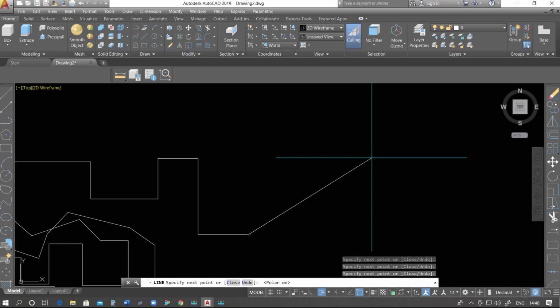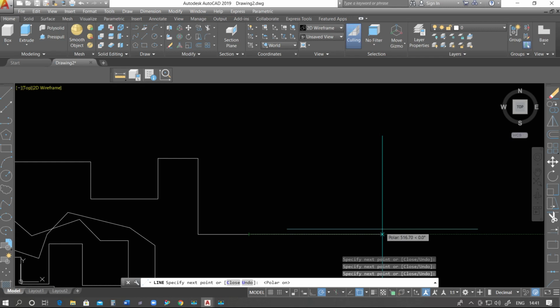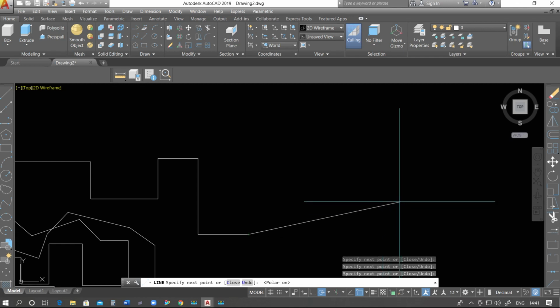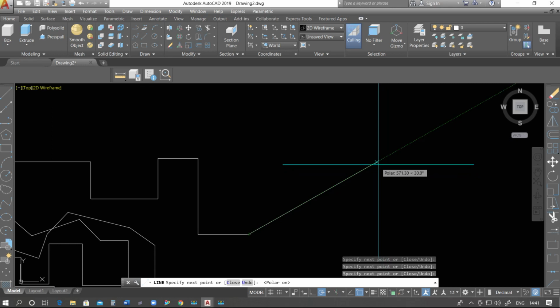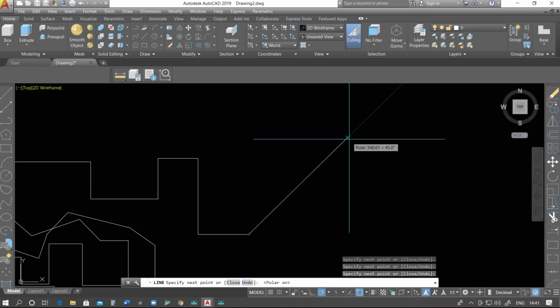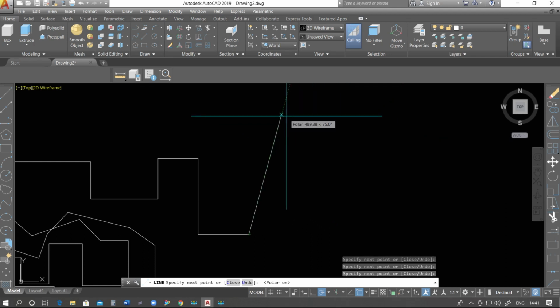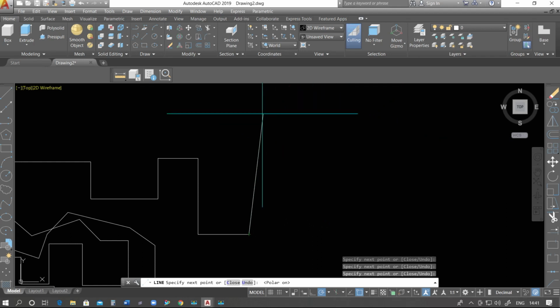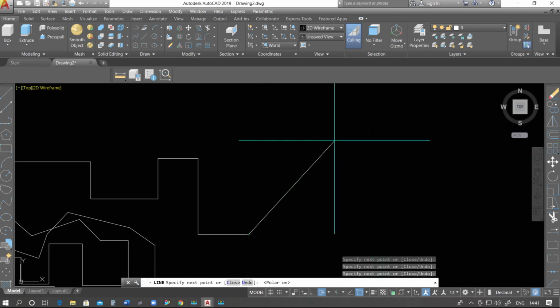No. Starting from here, the angle is 0, then 15 degree, 30 degree, 45 degree, 60 degree, 75, then 90 degree. So a 15 degree interval is going on.